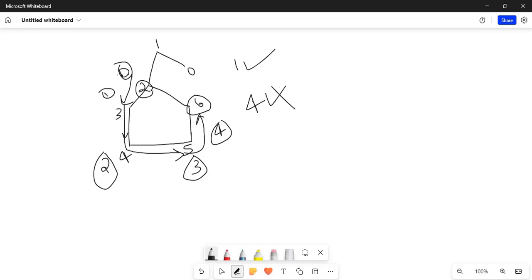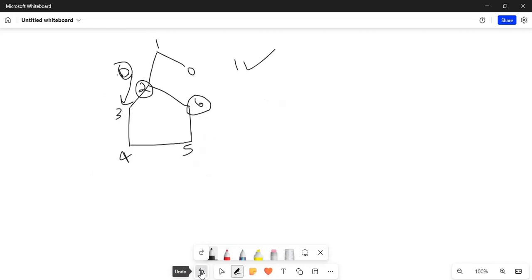You have two paths to go from 2 to 6, one is this path and one is via this path. So DFS does not ensure that you will follow the path that gives the shortest distance. And if you unfortunately follow this path first, you will get 4 as the answer, and that will be the wrong answer. That's why I want to say that some problems are mainly solved via